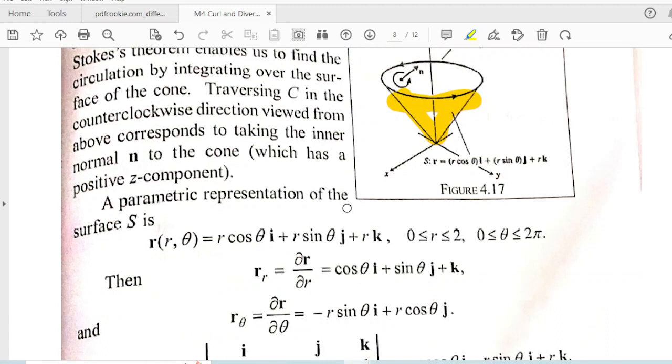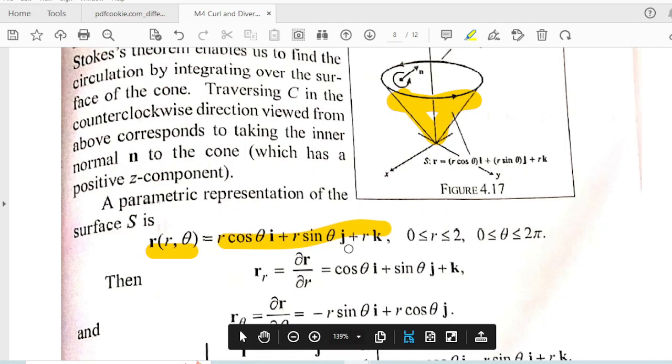So here, as usual, we know first the parametric equation of the surface or curve should be found. So r bar of r comma t, this formula should be remembered. This is a parameterized representation of a cone: r cos theta, r sin theta, plus